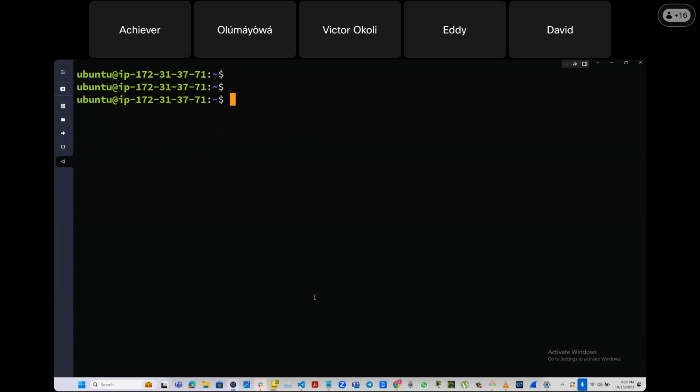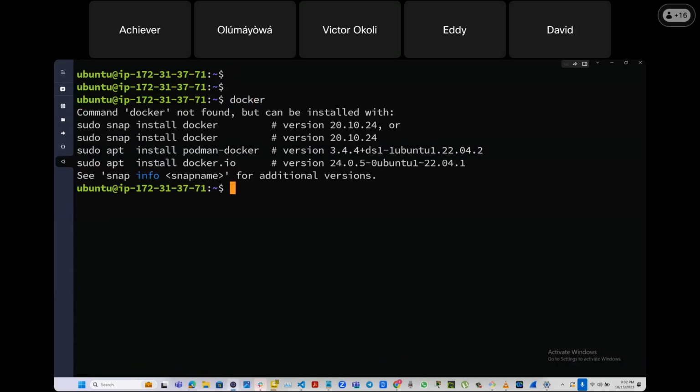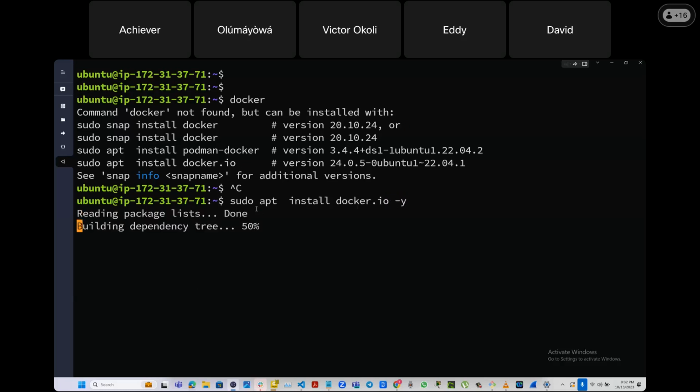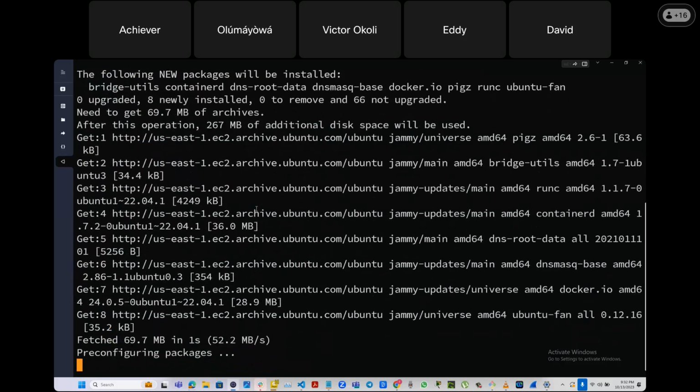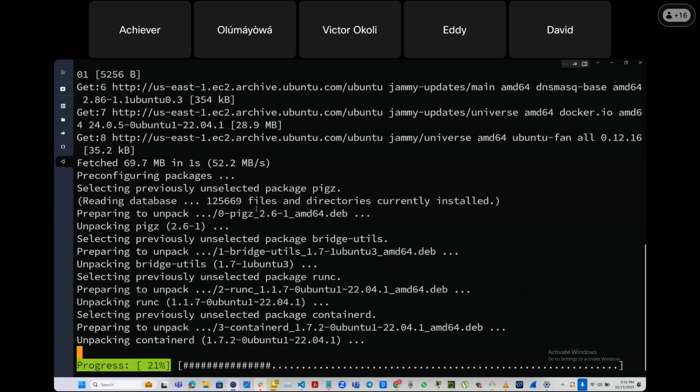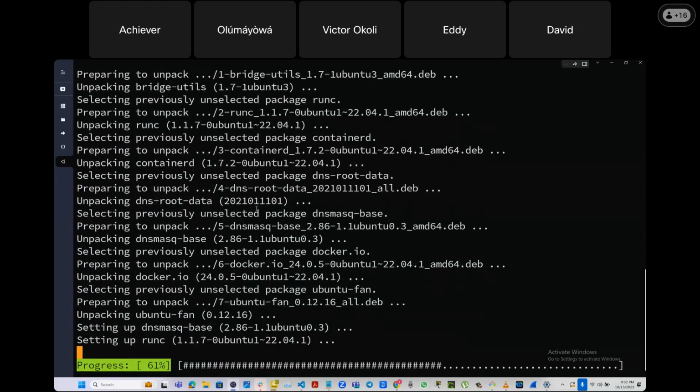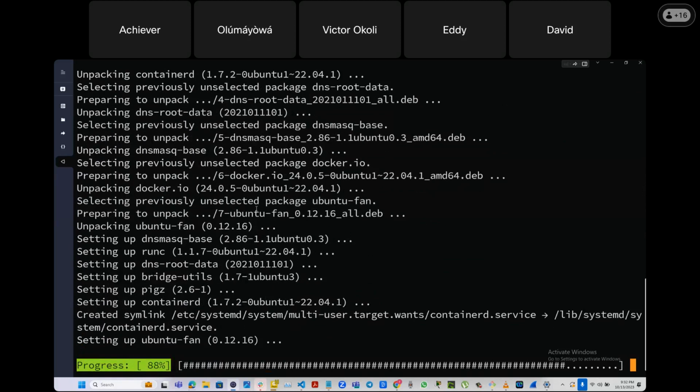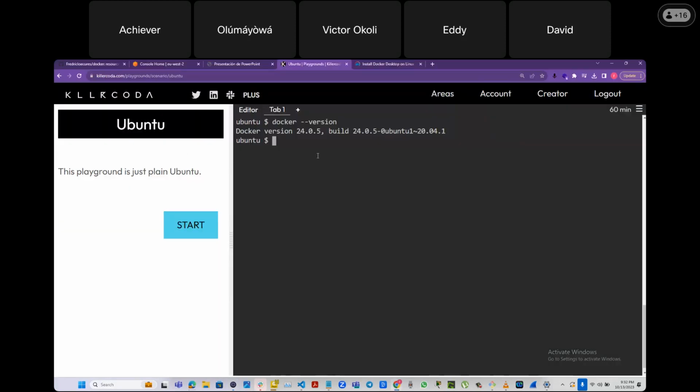Now, if you just type Docker, it will tell you what to do to install Docker easily. If you use this, I'm sure you should be able to get Docker installed. So I will just use this and install Docker on this server. I hope this is simple. Everybody already knows how to do this. So I will just paste this and put the -y flag and hit enter. Now, of course, I'm supposed to have updated this server, but it's updated. In case you're just spinning up a new EC2 instance, make sure you've updated the instance and you have Docker installed. So while this is working here,